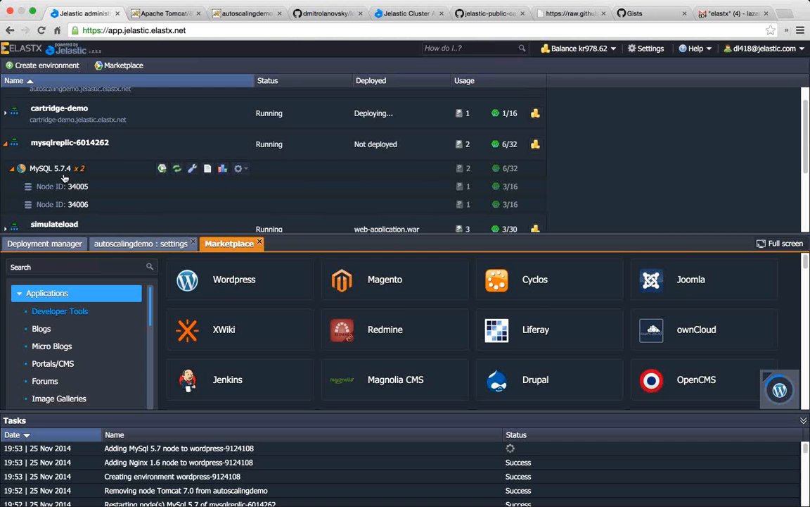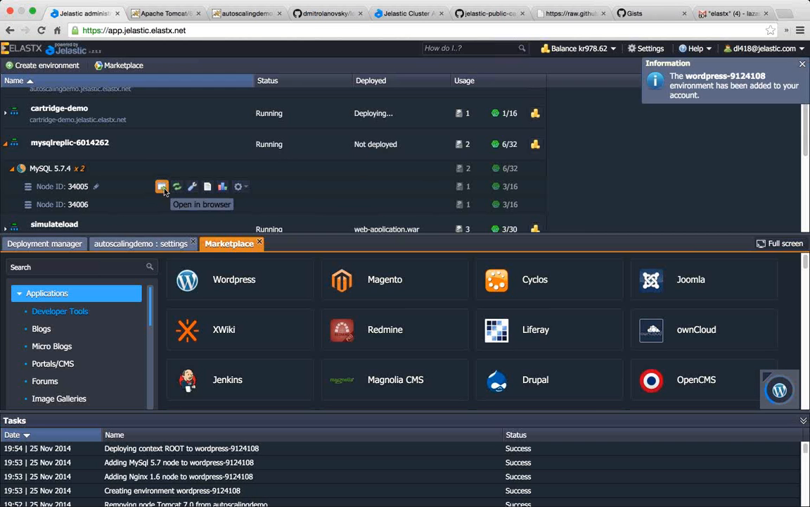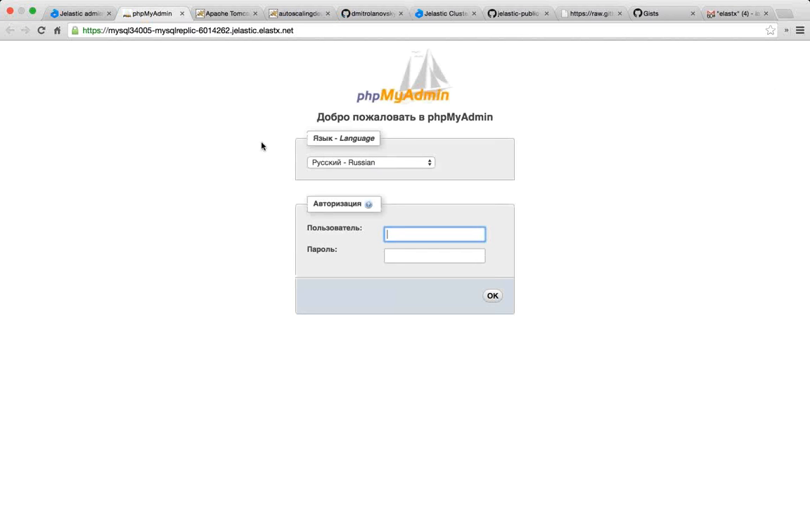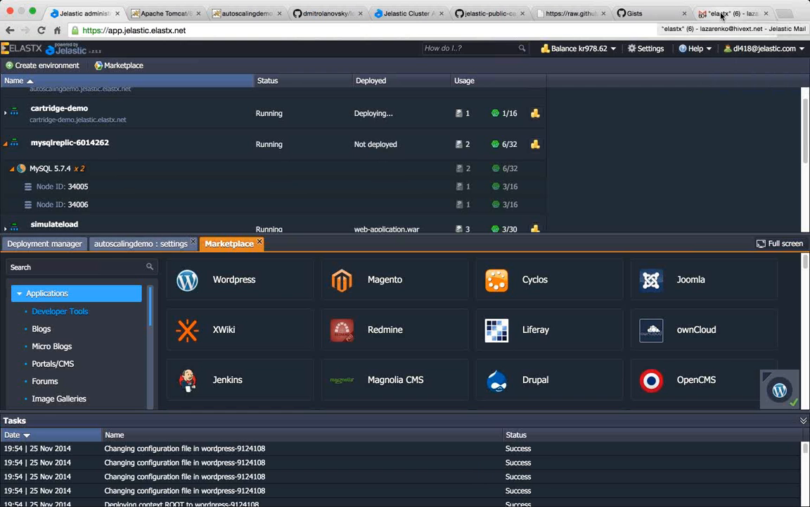So now you see that Jelastic has created an environment with two nodes of MySQL. You can access each of them via phpMyAdmin. It's really simple, and Jelastic has sent a dynamically generated password for them to my email. And another option is that we can ensure that replication is configured properly by